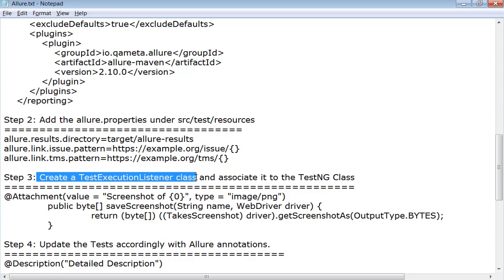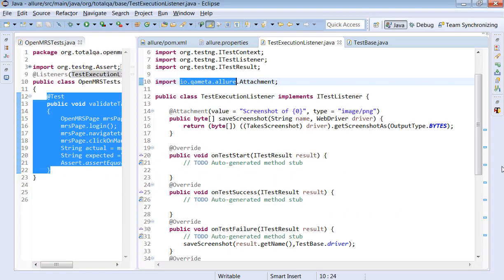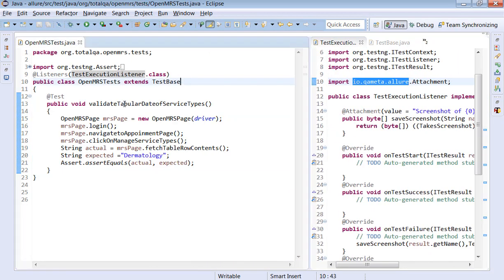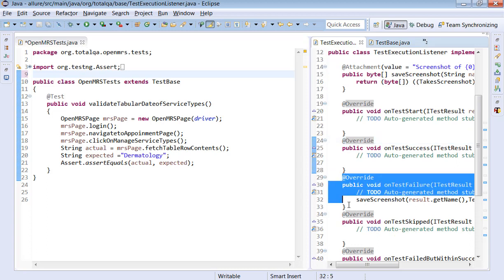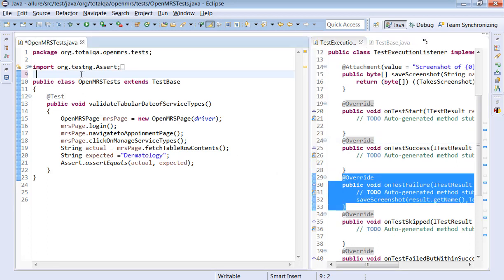We create a TestNG execution listener and we associate it to the TestNG class. When I say TestNG class, what does it mean? Look into the program. In the TestNG program, you have a TestExecutionListener.class. We are associating it with the @Listeners here. This is important. Suppose you don't put this information, what will happen? When you execute, the test case fails, that's it. But if you want to invoke on test failure, then we have to put this statement. Otherwise, it's not required.